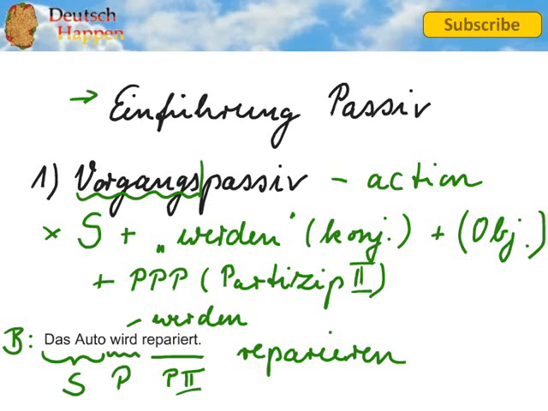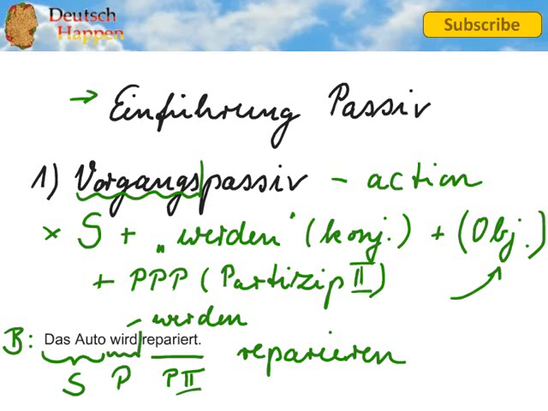Now, if you remember, I said up here we can put an optional object. So for instance, if I want to say the car is being repaired by the mechanic, so the by agent. In German we could also put this,